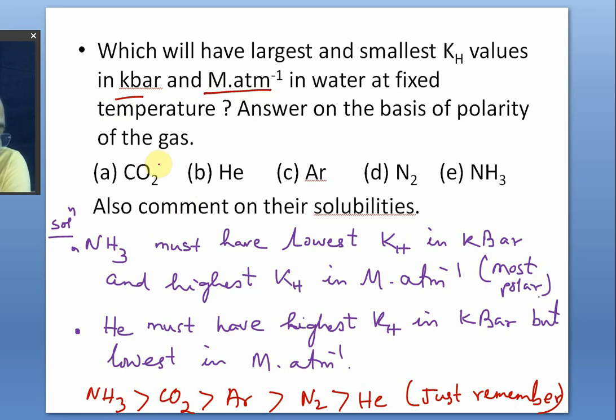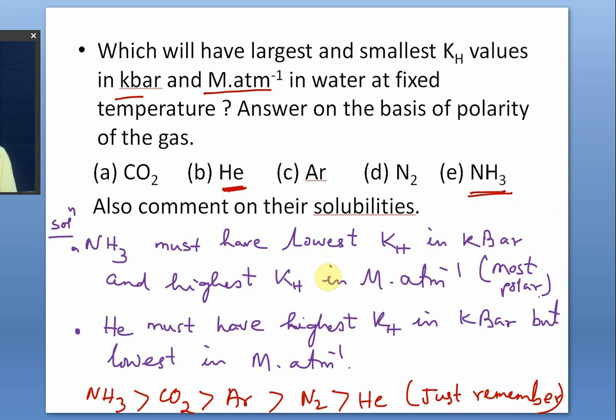So if you take the Raoult's law type of kH, out of this, ammonia is most polar, most soluble. It has the minimum kilobar kH and maximum moles per liter per atmosphere kH. And the minimum solubility is that of helium, so it has the maximum kilobar type of kH and minimum moles per liter per atmosphere type of kH. You can have a look at the table and make a